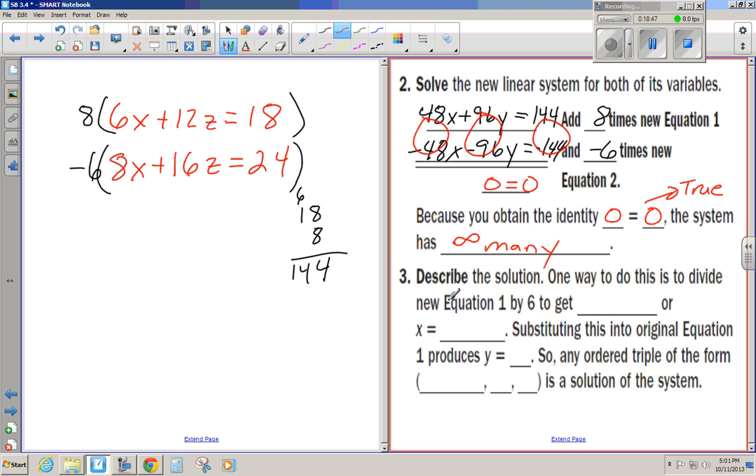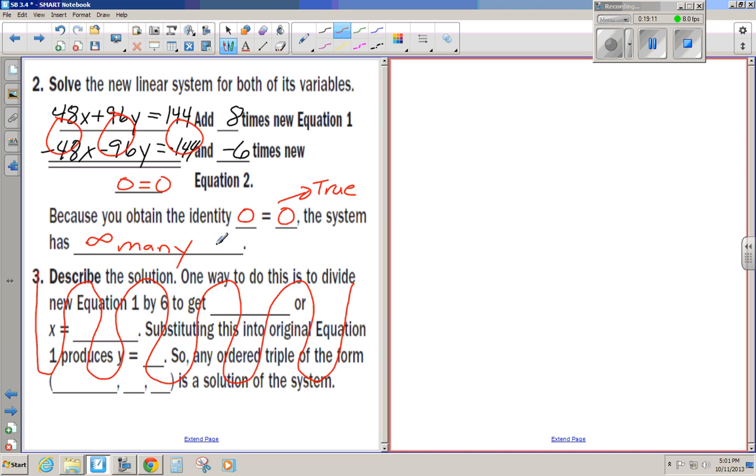All right, describe the solution. One way to do this is to divide new equation 1 by 6 to get something. All right, so this is asking then what the solution looks like. For this class right now, everyone, don't worry about this part of your notes or of the answers there. All you're going to have to do is say to yourself,